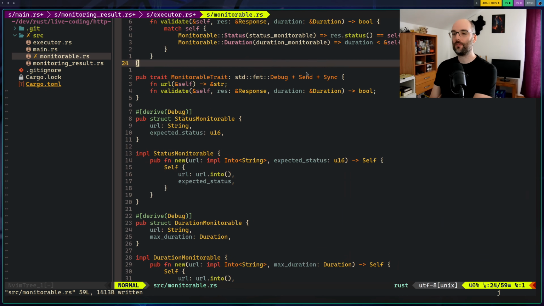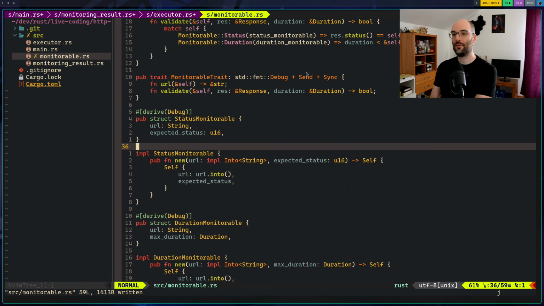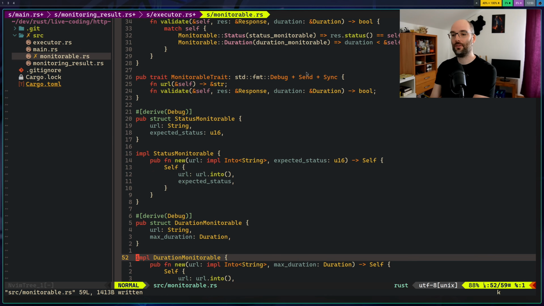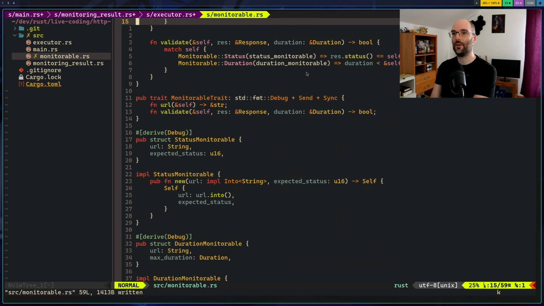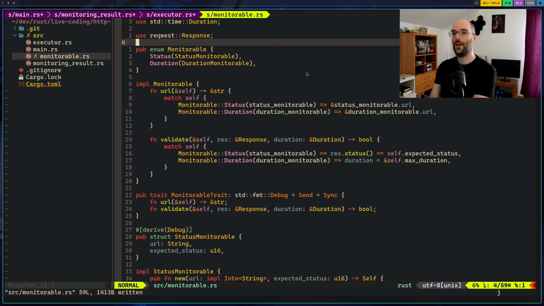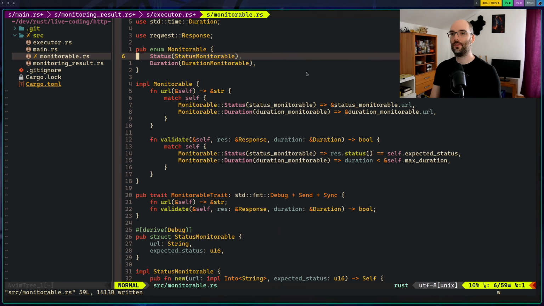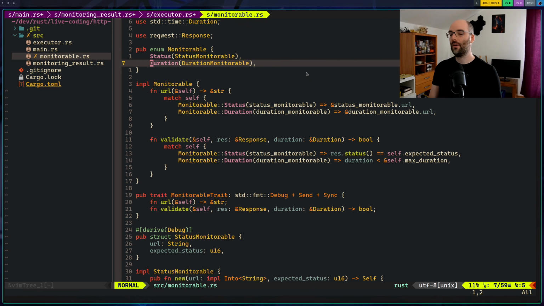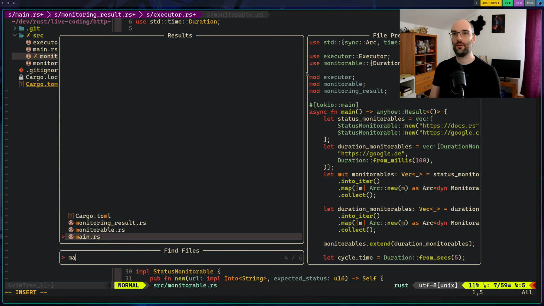So we can create status monitorables now. We can still create duration monitorables, but they are gonna be used as a variant or behind the variants of this monitorable enum that we now have. So where do we still have problems? I guess everything is fine in here.